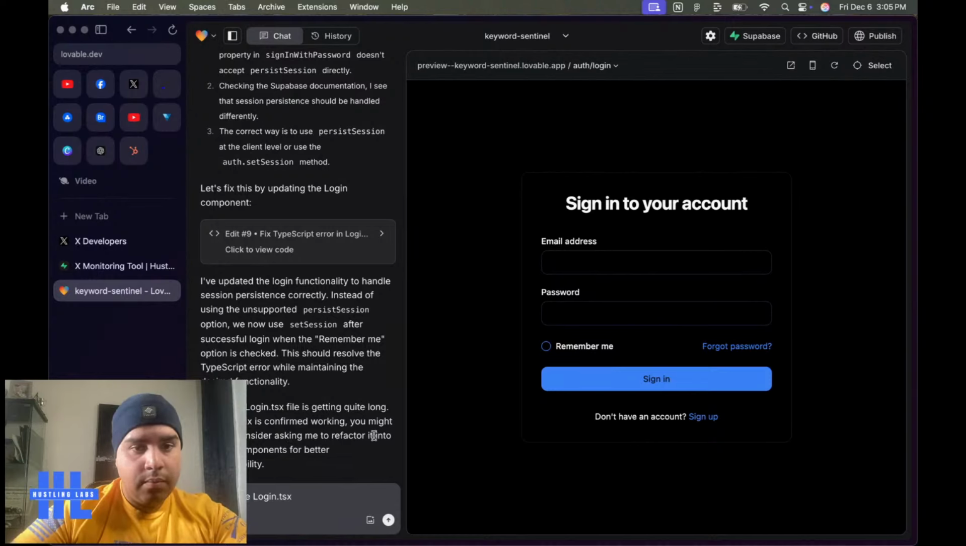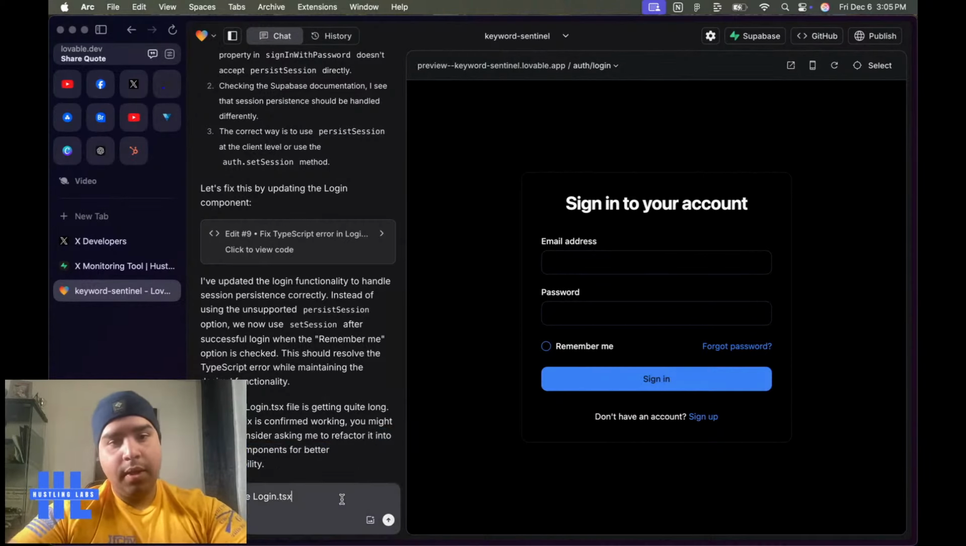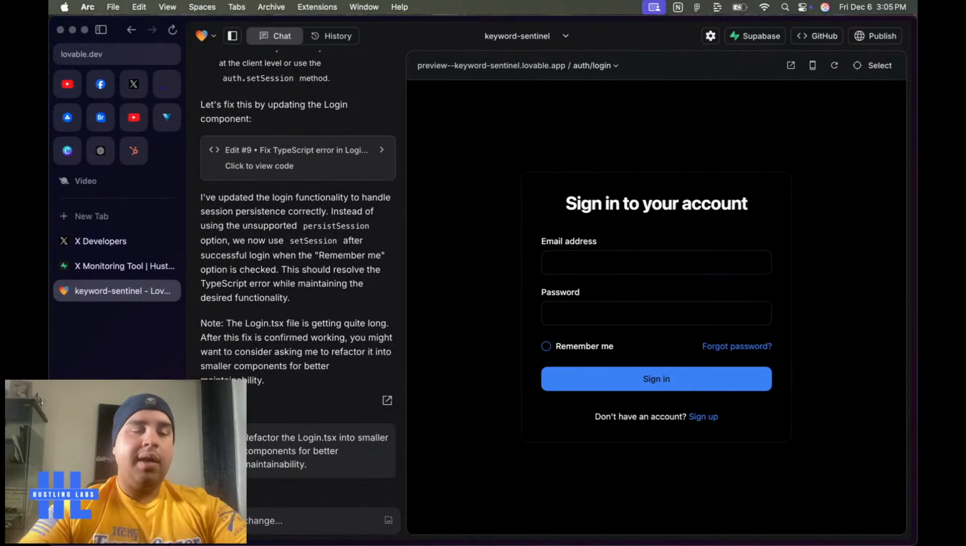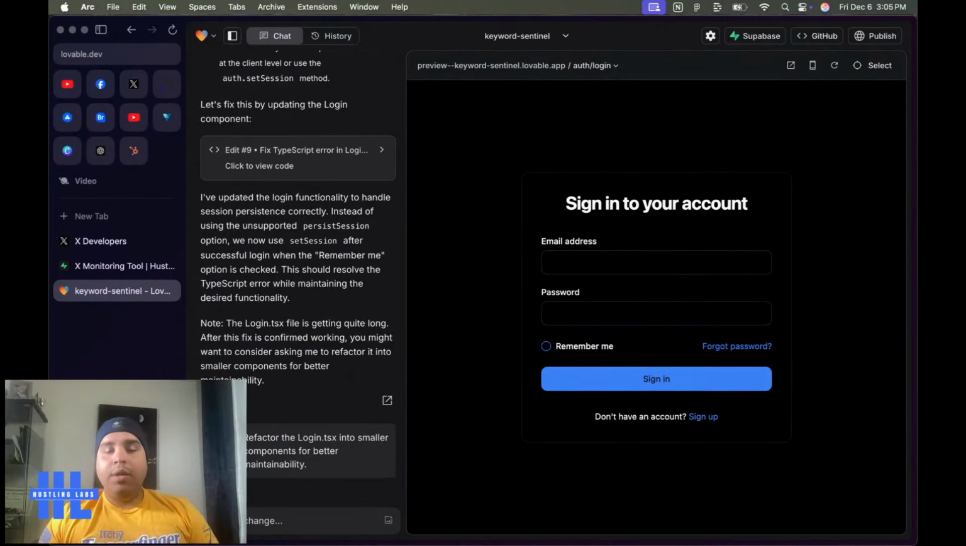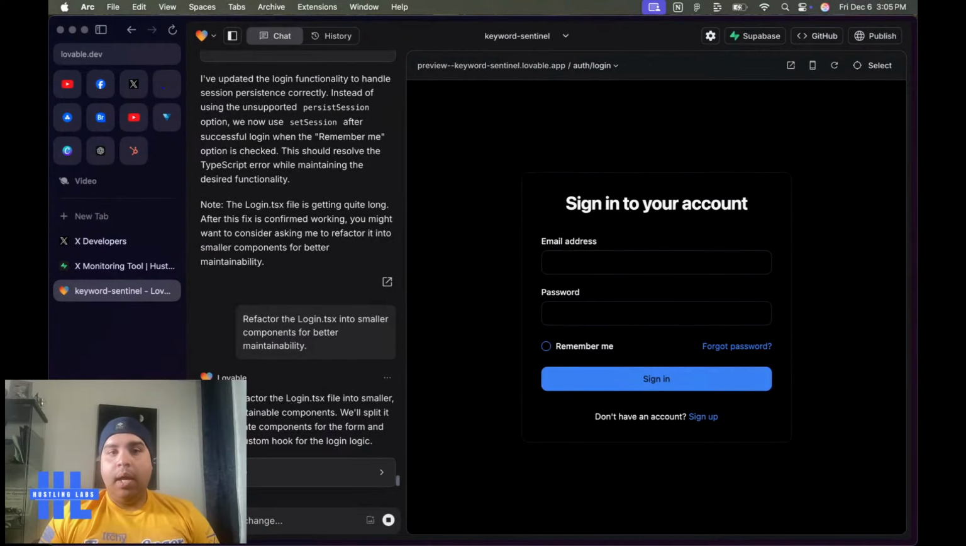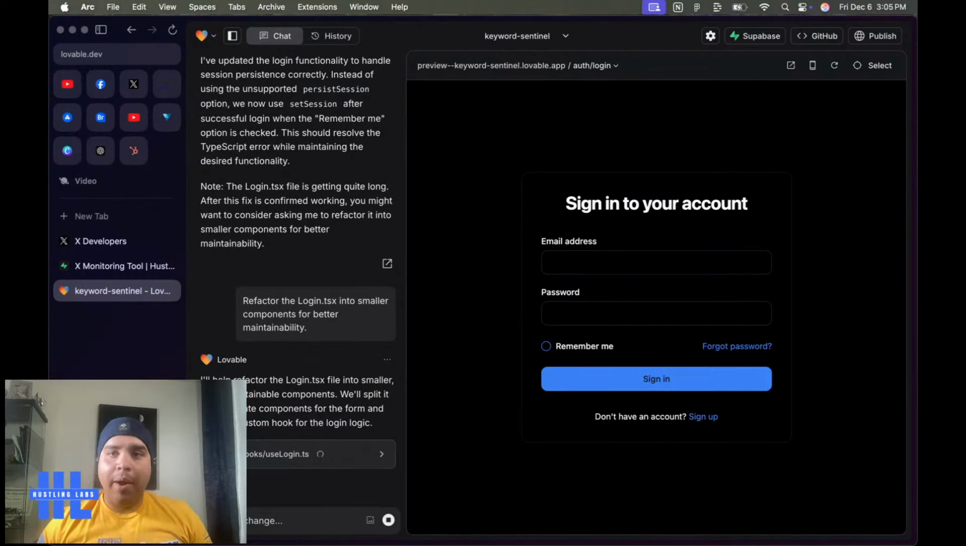So I'm going to just copy this and I will send it. And this will ensure that we have a lightweight code that is doing really good, and we don't have to worry about issues later on. So again,